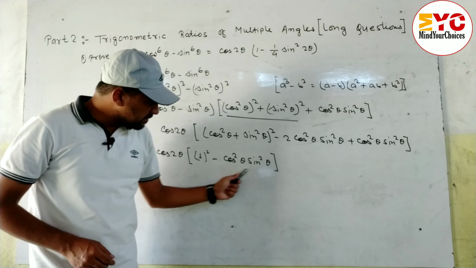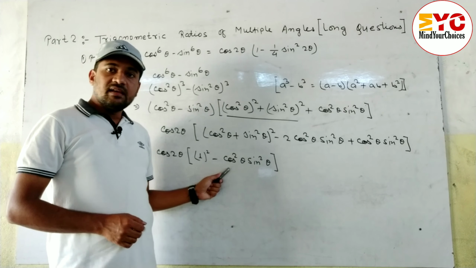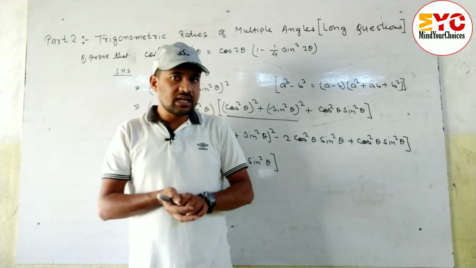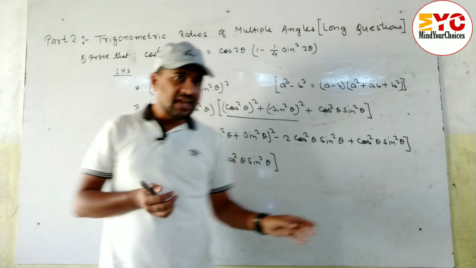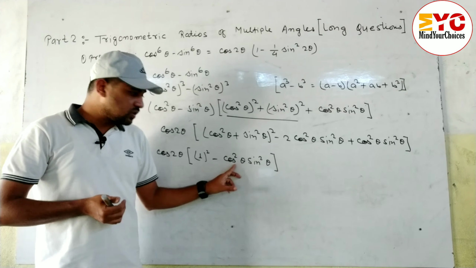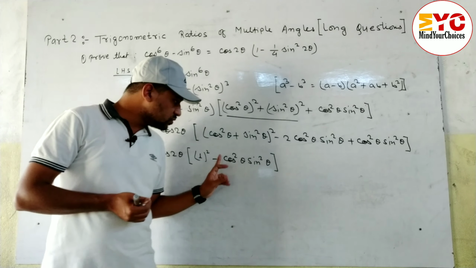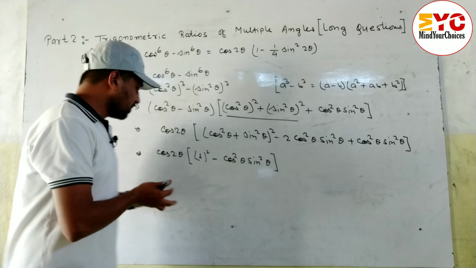Now we have to convert this in the form of sine. What is the formula of sin 2 theta? Here we need sin 2 theta. The formula of sin 2 theta is 2 sin theta cos theta. We have sin theta here? Yes, we have. Cos theta also we have? Yes. Now we need 2 sin theta cos theta. Now how to keep here 2? We have to think. Look at here once.